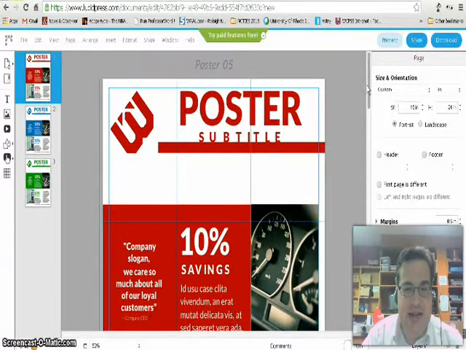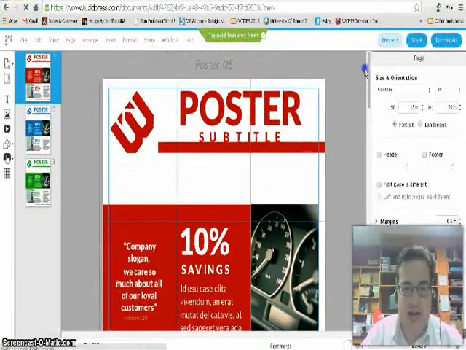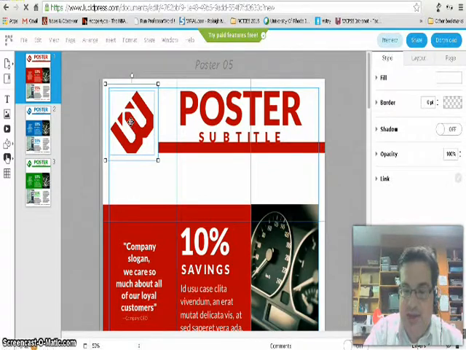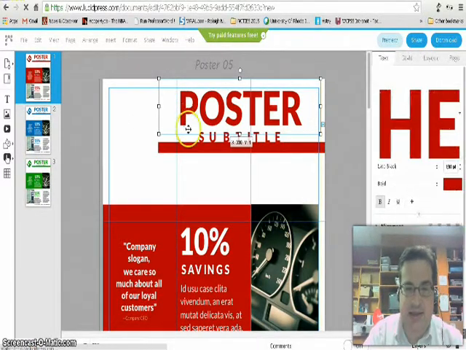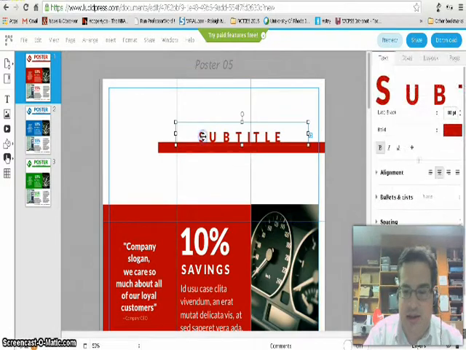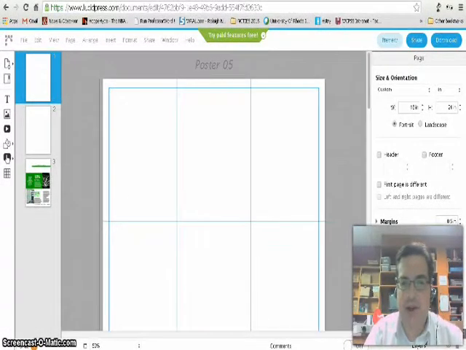And as I said, these are templates, so that means you can change it and add in your own elements. So I can click that and delete. I can click that, delete, that, and that. Okay, now that I've deleted all the elements of the template, I just want to show you briefly the format